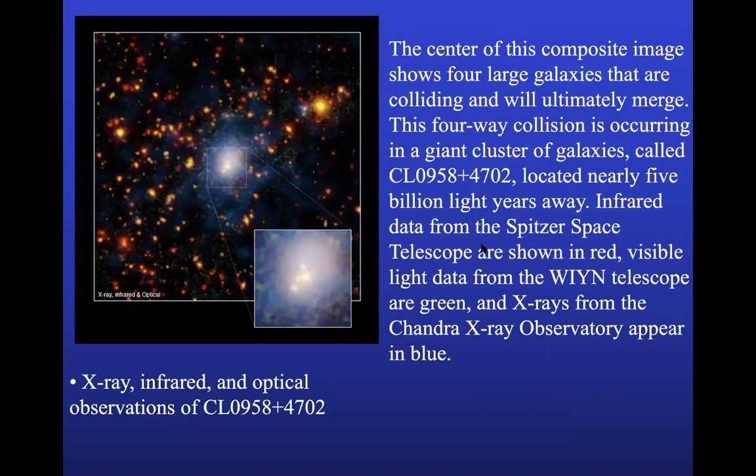Right, so this is again a composite image from X-ray, infrared, and optical observations. And right at the center, you will see that there are four galaxies actually merging together. And these different colors that you see in the image usually represent different wavelength regions. For example, as I have mentioned here, this is a collision of four galaxies, and